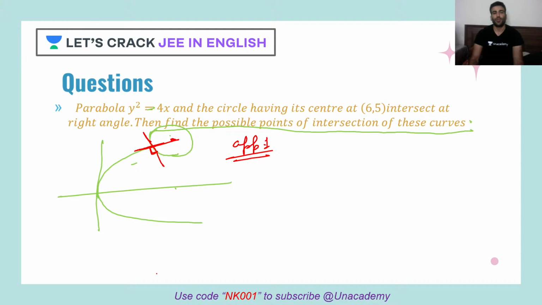So see what it says is that these two tangents are at 90-degree angle. If I talk about a point on the parabola in parametric form, because I know the equation of the parabola only, it would be better for me to write the point in parametric form for the parabola instead of the circle, because I don't know the equation of the circle. I only know the center.